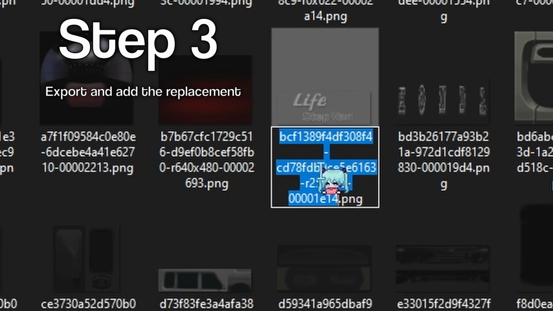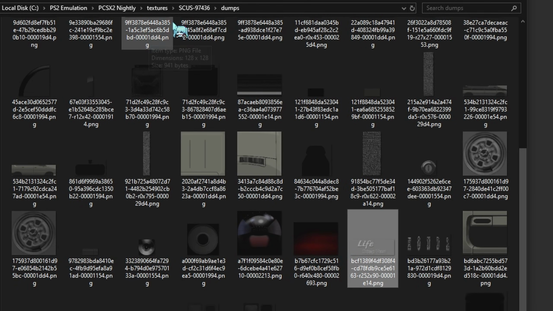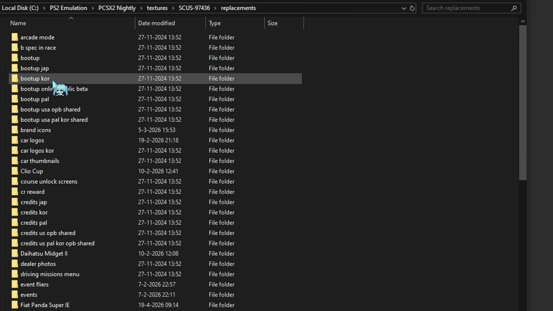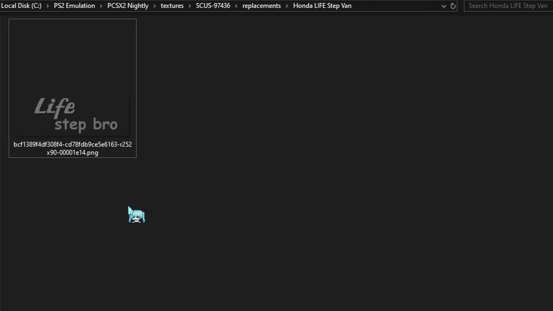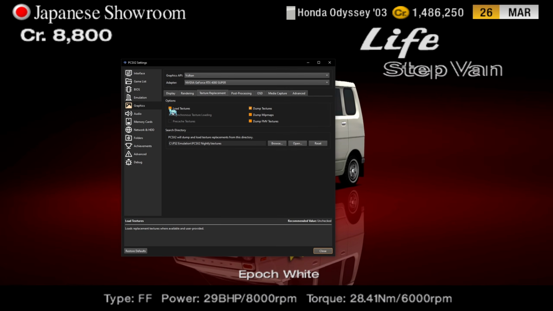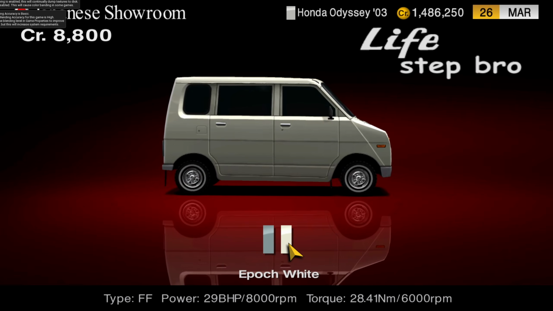Once you're satisfied with your result, export the replacement using the same name as the original one, then go to your emulator's texture replacements folder, which in PCSX2 is located next to the one for all the dumps, add the replacements, preferably in a named subfolder so you can easily find these again later, and reload your textures. And that's it! You have now successfully replaced a texture in Gran Turismo 4,